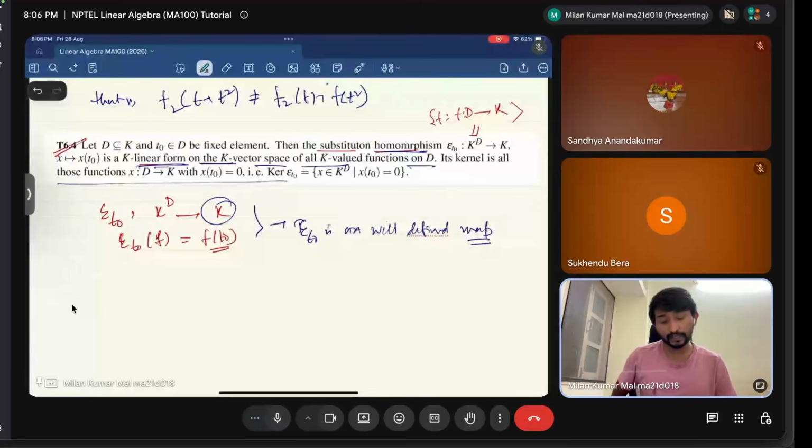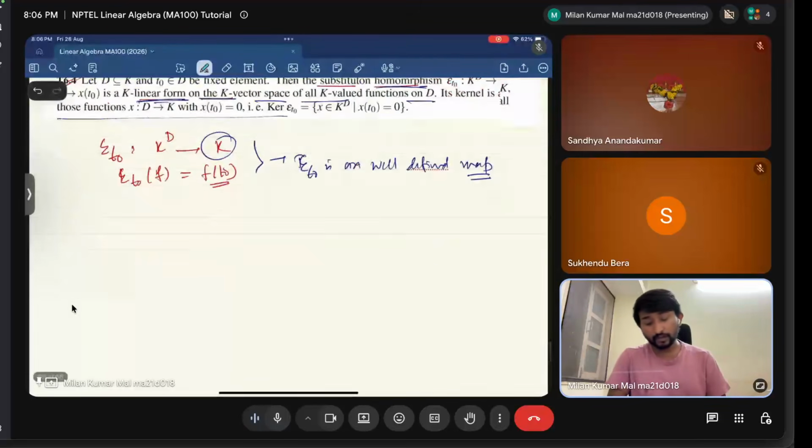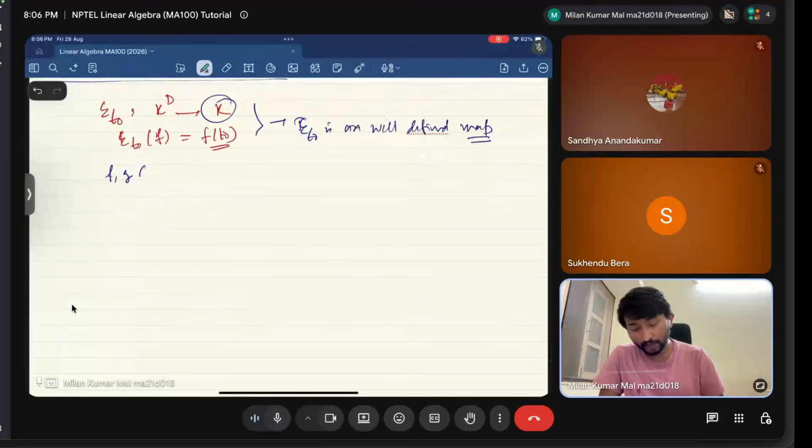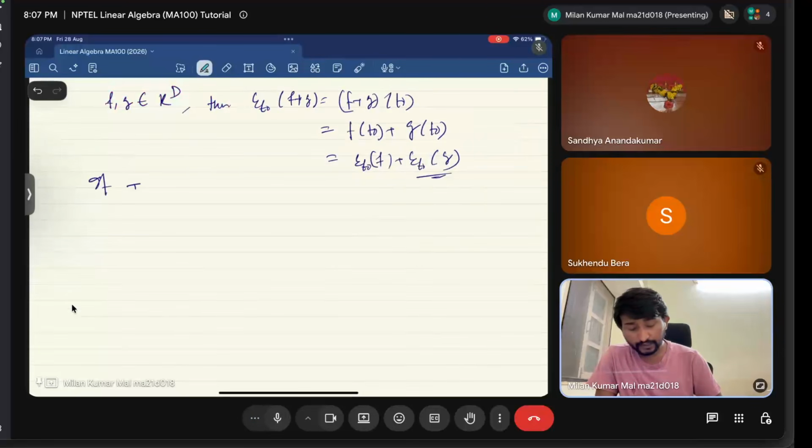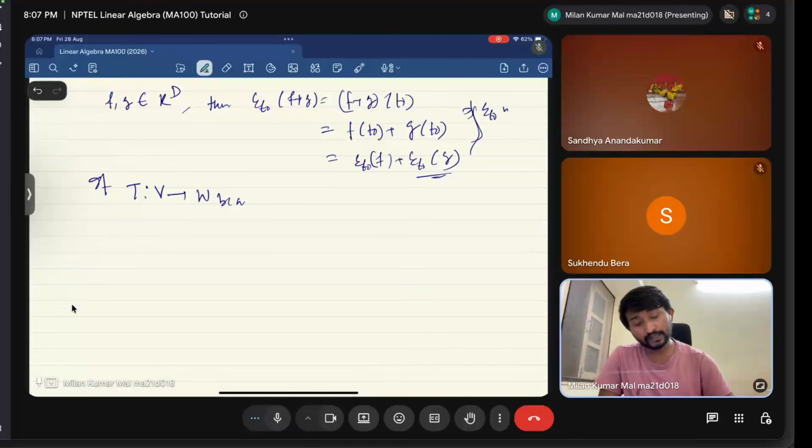What is the kernel? I am coming to this, but let's first check whether this is K-linear or not. If I take two functions f and g coming from K^D, that is, functions from D to K, then by the formula epsilon t naught of f plus g has to be equal to f plus g at the point t naught, which we know by a very simple formula is f of t naught plus g of t naught. That we can write as epsilon t naught at the point f plus epsilon t naught at the point g. So this is linear, which says epsilon t naught is a linear